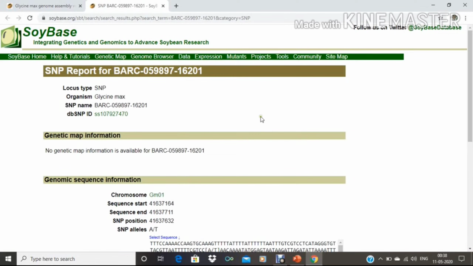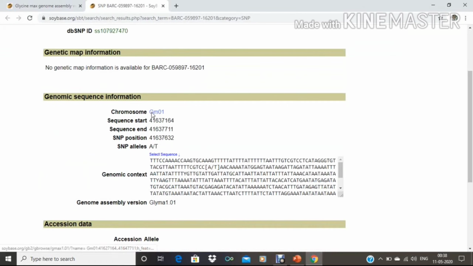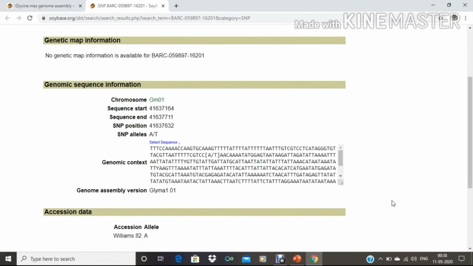Here we can easily see the locus type, then which organism we got this SNP from, then what is the name of this SNP, then all the genetic map information for this one. There is no genetic map information available. Then genomic sequence information we can easily see here. Then the accession data we can also see here.